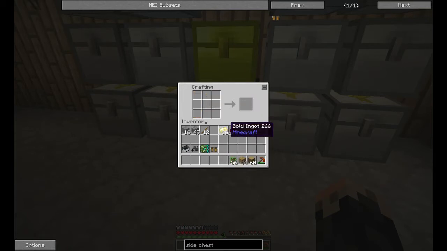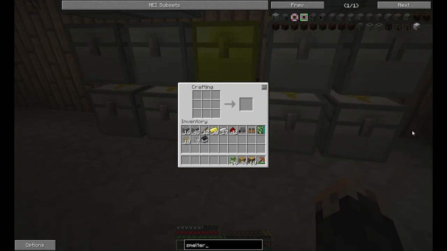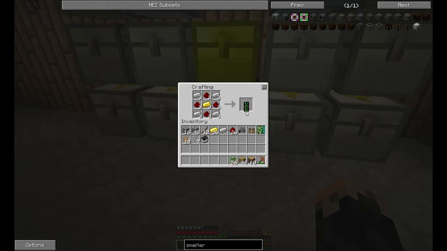Alright, so what's left? We're almost there. Got 2 more pieces to make. Next piece we're gonna make is called the smelter. Basically the idea, okay. Steve's cart, smelter, advanced smelter. I think a basic smelter is fine. It's just a furnace and a PCB. Oh, that's really cheap. Alright, so PCB, furnace,